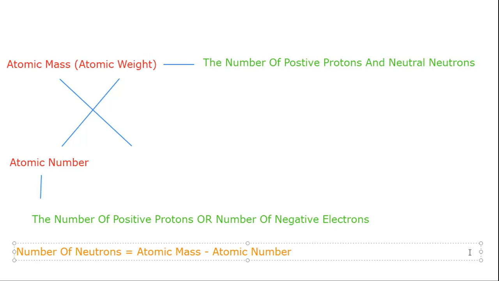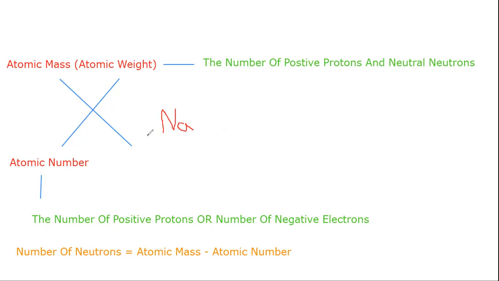So number of neutrons equals what? Equal atomic mass minus atomic number. Atomic mass minus atomic number. As an example, if you have Na, sodium,